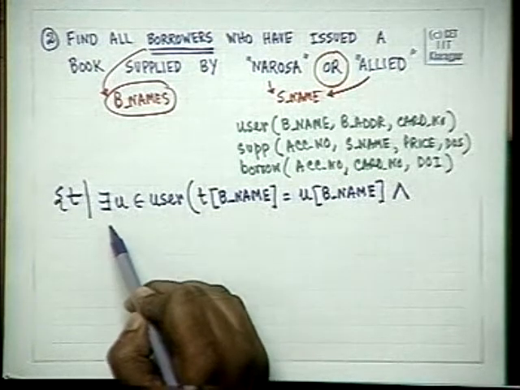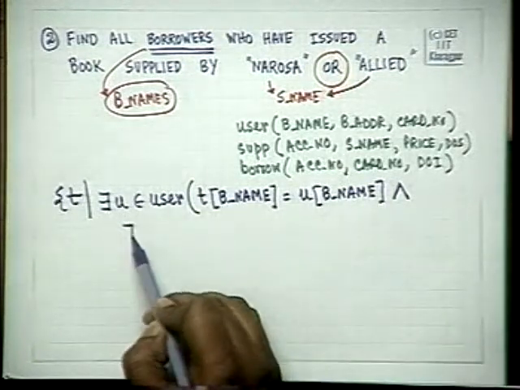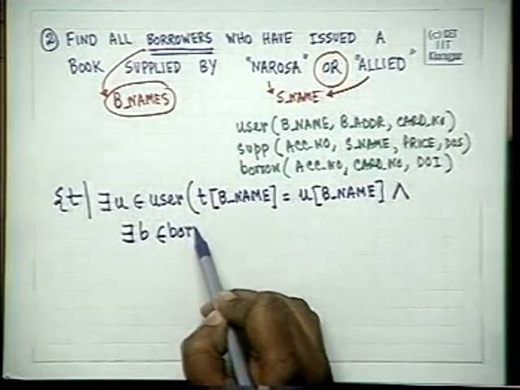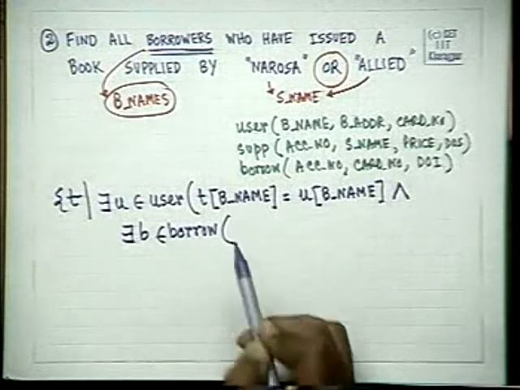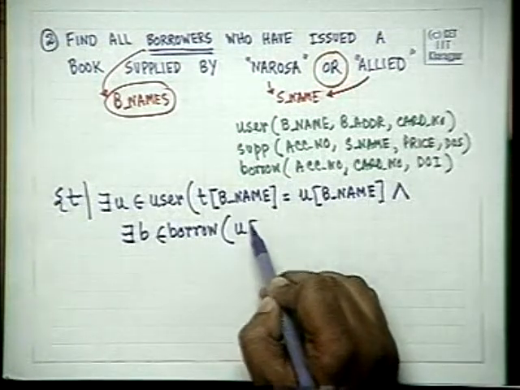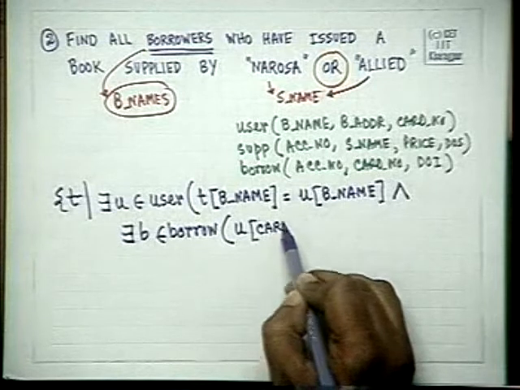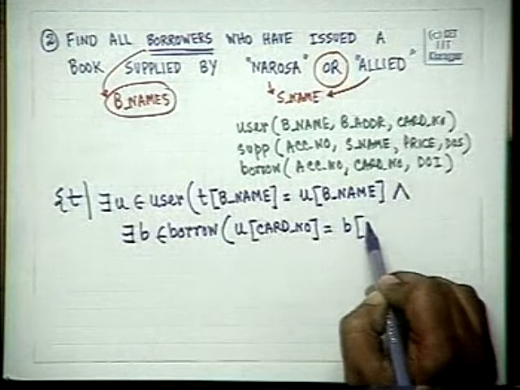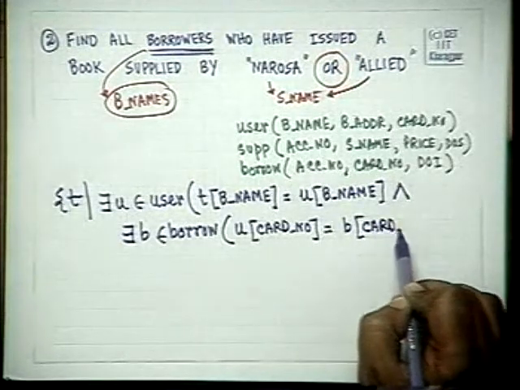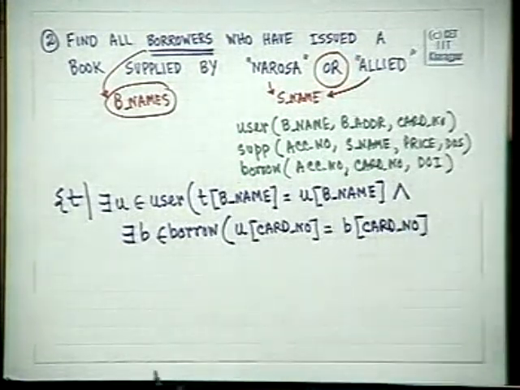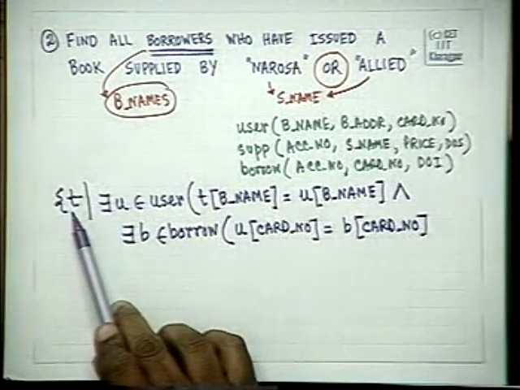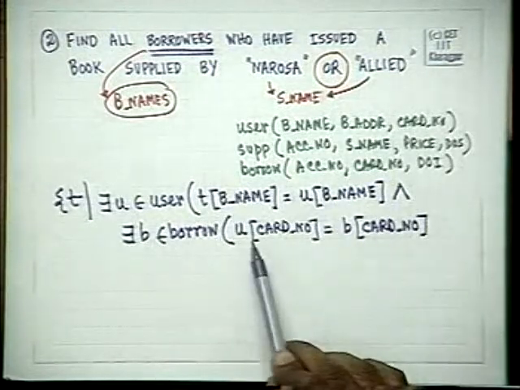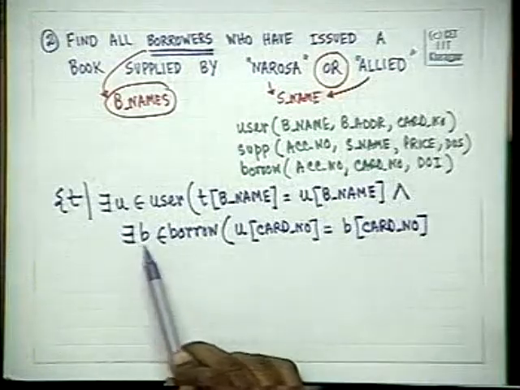So for that there must exist B element of borrow such that U of card number is equal to B of card number, that is, now we have got the tuple must have the same name as the user, and the card number of the user must be existing in a borrow relation,